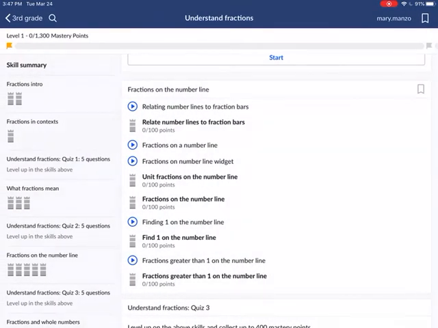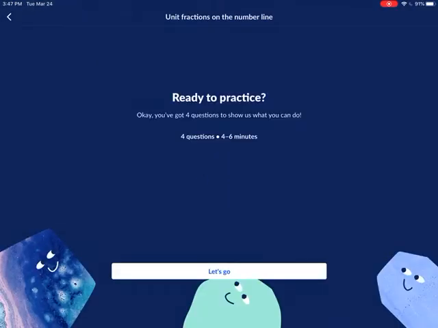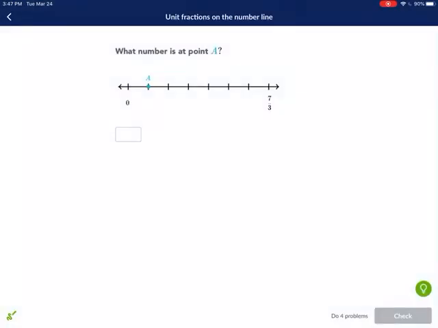Let's look at unit fractions on the number line. Let's go. Same thing again. What number is at point A? Okay, let me look here. Let's see what we have. I usually choose pink. I'll choose blue this time. So we have 0, and then let's count how many lines. 1, 2, 3, 4, 5, 6, 7. Oh, there's a 7 written there over 3. So I'm going to venture to say this is 1/3,